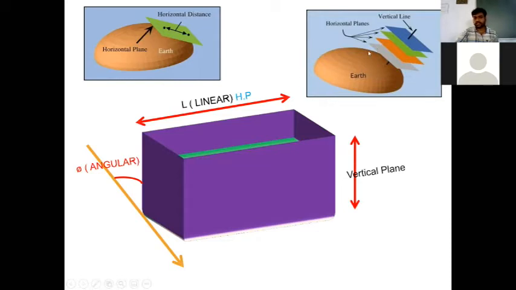Next, vertical line. You can see the vertical line, whatever vertical you're going to have, which is coming out from the horizontal planes. There is a set of horizontal planes here. You can see here, having different intervals of distance, these planes, and the line which is passing through all these planes.